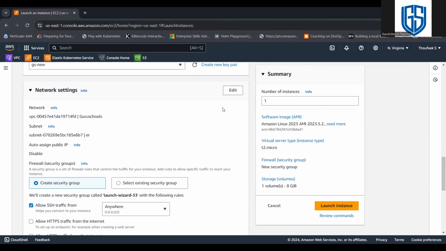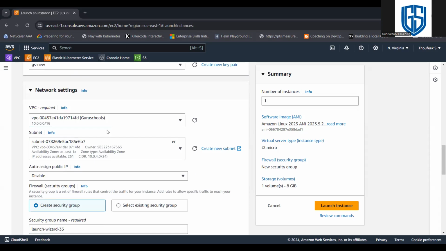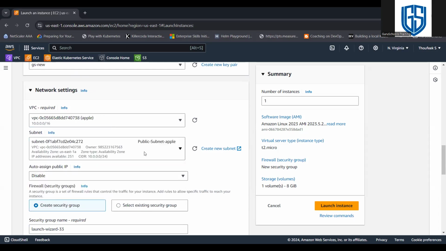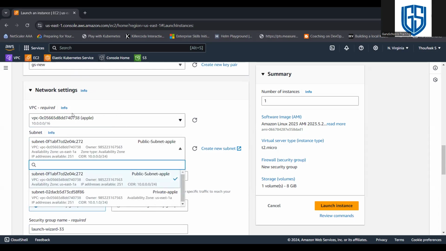And here we can choose the required network settings. Just drop down and here we can see the VPC that we created earlier. When we are choosing the VPC, we need to choose the corresponding subnet. Here you can see there are two subnets, private and public. So choose accordingly. If we choose private, then we couldn't get the connection to the